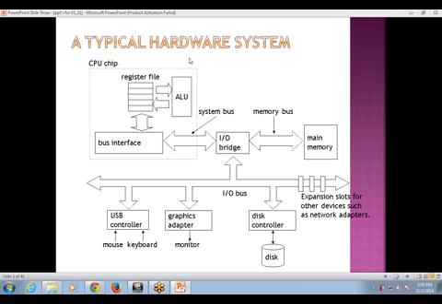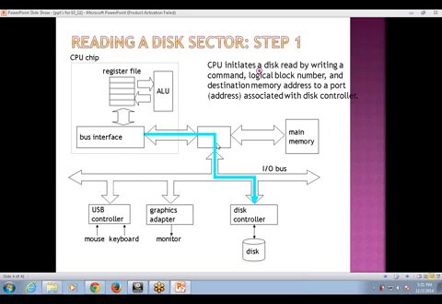We have studied a typical hardware system. This is the diagram of a typical hardware system. There is a CPU chip, an input output bridge, main memory, disk controller, graphics adapter, USB controller, and slots for other devices such as network adapters. This is the diagrammatical representation that we have studied, of how a typical system hardware is built, or what the scenario of a typical hardware system is. Then